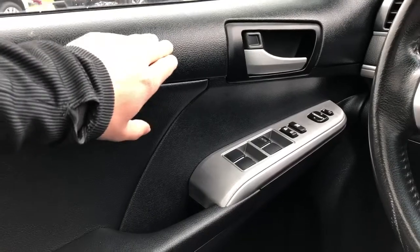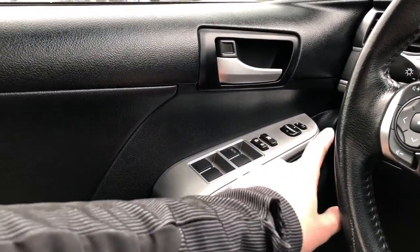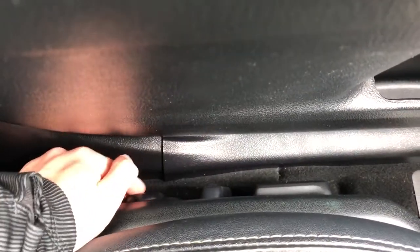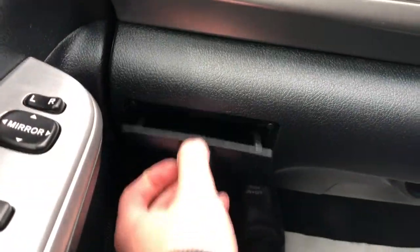We have soft touch above our door handle. We also have the window controls, mirror controls, and rear window locks, close handle, speaker and storage underneath, and on the side of the seat we have our seat controls and lumbar support adjustment. And now moving off to the left, we have our traction control. Underneath we have a small cubby,